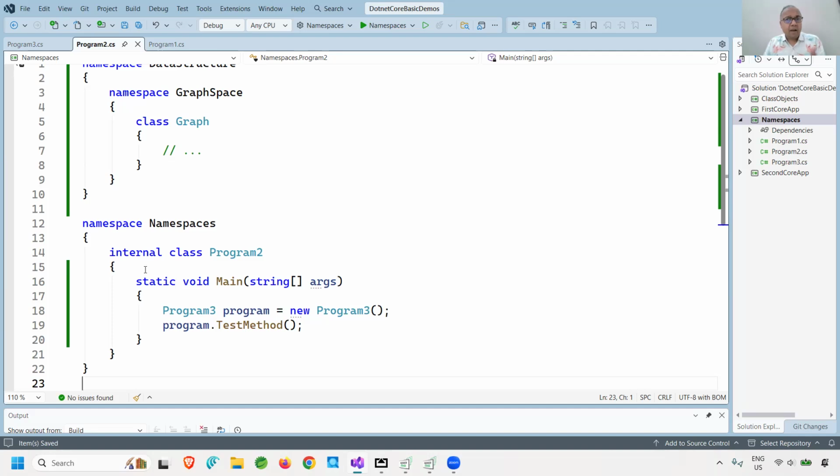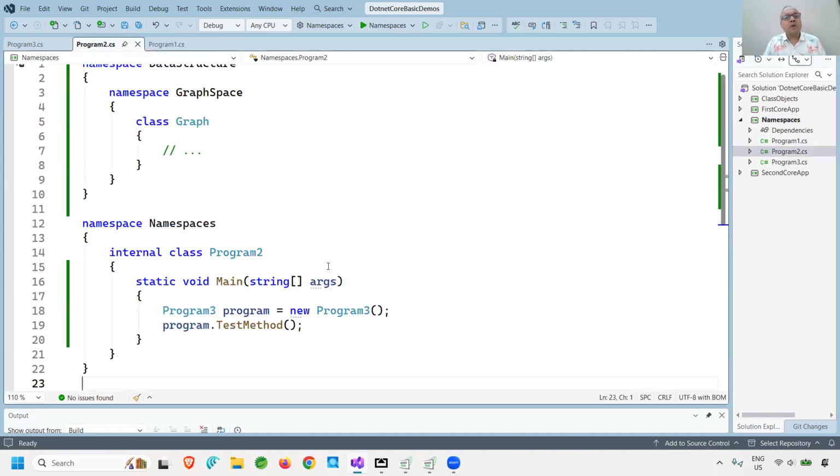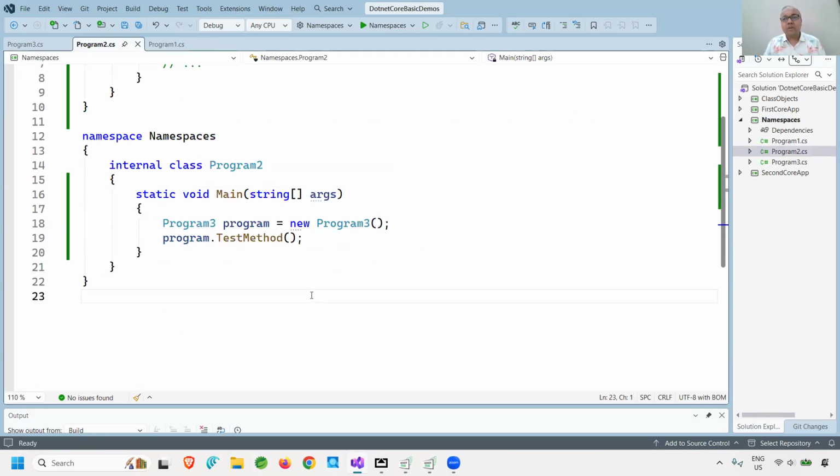Now, will my program work? Technically, no. Reason is, though we can do the import over here, in this particular case, we have written two main in the same project. In program 1 also, we have written the main function, and in program 2 also, we have written the main function. By default, any project should have a single entry point. You should not be having multiple entry points. So if you try to build the application,